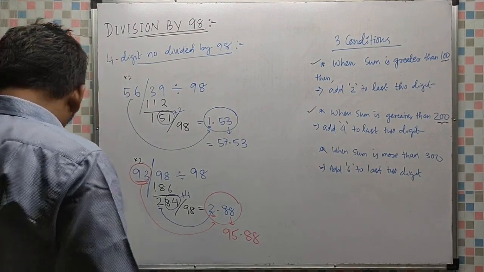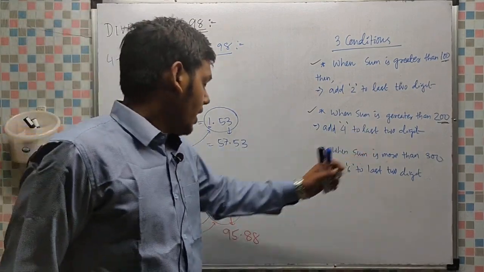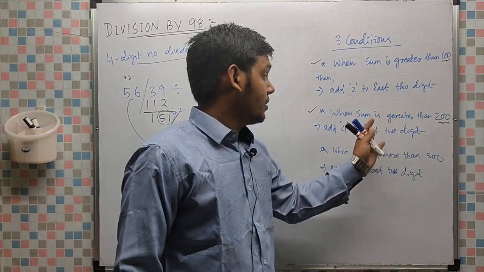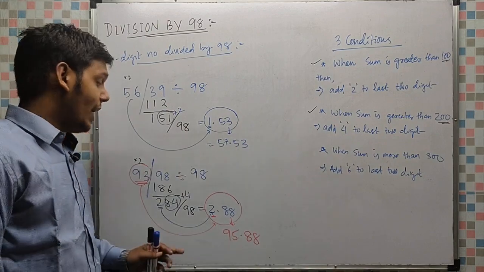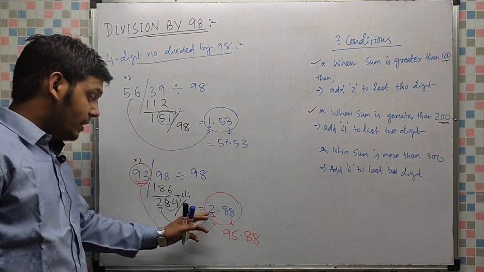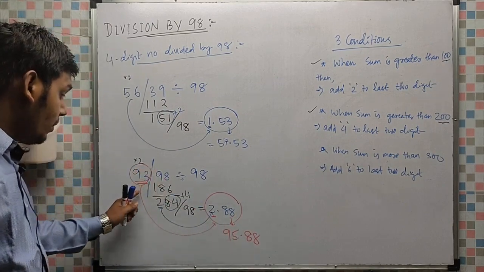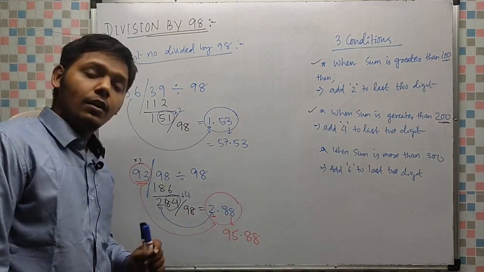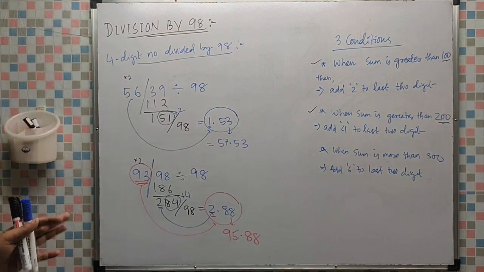So this is another number. One more number I will do so that it will be easy for you. See, in this number the sum is 284. 284 means second case applied. When the sum is greater than 200, then add a 4 to last two digit. Last two digit is 84. 84 plus 4, 88. So 2, simply I have to keep 2 point. Now I have to add this 93 with this. So 0.88, 93 plus 2, that is 95. So in this way you can get this value. If you want to take the screenshot, take it.